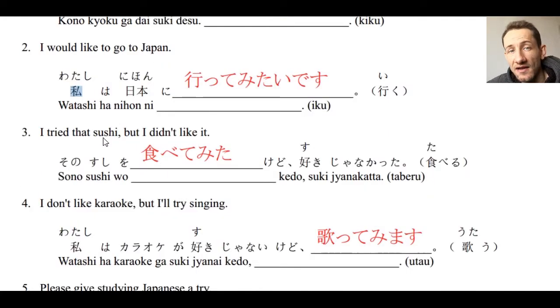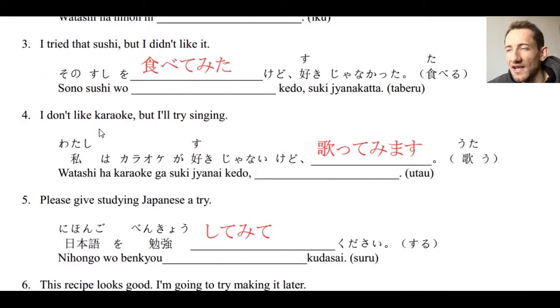Number 3, I tried that sushi, but I didn't like it. So we have the past tense, right? その寿司を食べてみたけど好きじゃなかった。食べてみた. So we have the past tense form of 食べてみる。